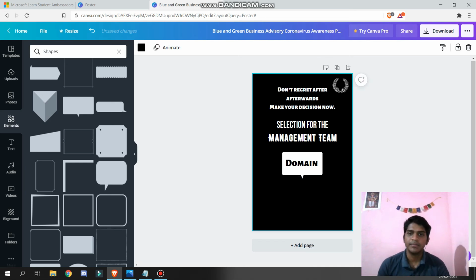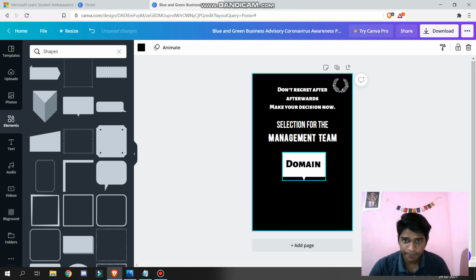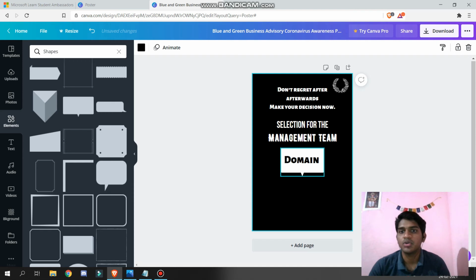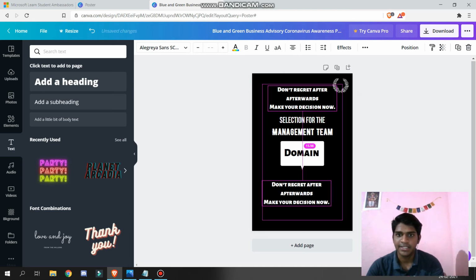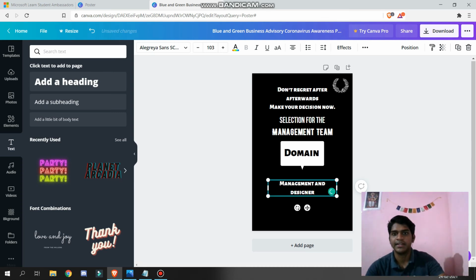So grouping an element and a text, the benefit is, if you increase the size of the element, the text size also increases. So it makes it very convenient if you make a group of the text and the element. You can just click on Alt and simply drag the text, so there's no need to select a new text every time.